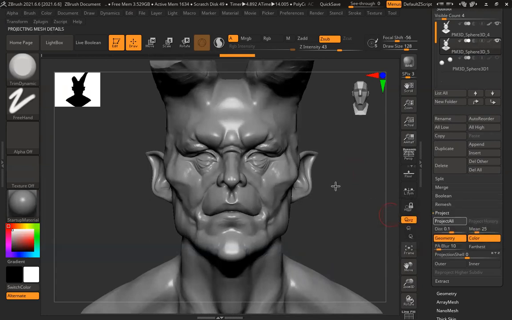I don't want any color or anything. Control D again, project again.